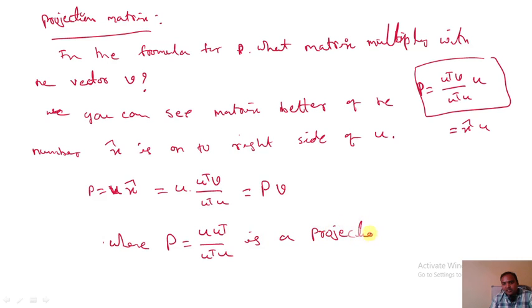This is the projection matrix. If you multiply u into u transpose, this is column into row. Multiply column into row, we get a matrix. See, we are taking u equal to (u1, u2, ..., un) as a column; actually, this is the transpose of this one, so not using the column.